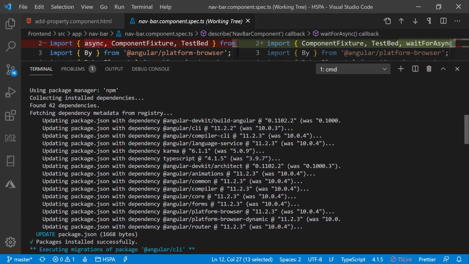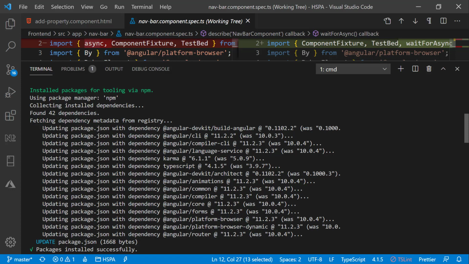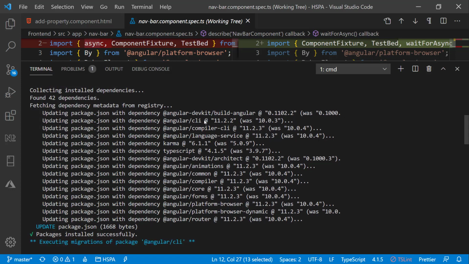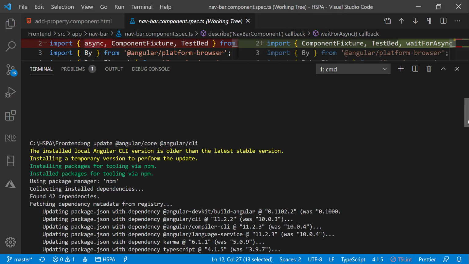And finally, this migration has updated the package.json file to upgrade the library to the newer version that are compatible with Angular 11. TypeScript has now upgraded from version 3 to version 4, which is really faster in compilation. So all done for Angular 11.